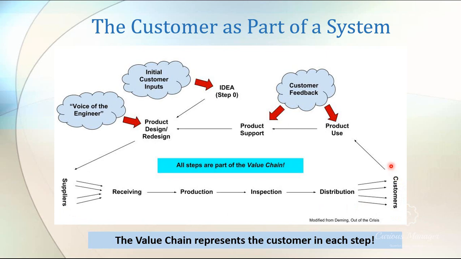Like for instance, on this graph, this is all service related. I'm going to go through that in a minute. But this is the manufacturing side here. So then receiving receives the parts, production builds everything after receiving provides the parts. Then once it's built, we have an inspection process to make sure that the product meets the specifications. Once again, this is where the voice of the customer is kind of tested. And then once it passes that, we go to distribution, goes to the customer.